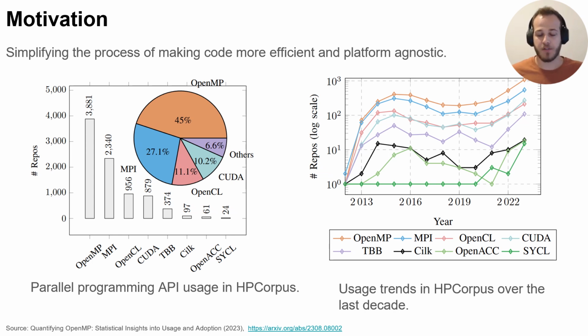So this paper starts where a lot of the work in our lab starts, and it's best shown in this paper from a few years ago, where we looked at all the parallel APIs we could find on GitHub. And you can see them here in the HPC corpus. And we see that there's a huge variety of different parallel APIs and a huge data imbalance between APIs like OpenMP that are pragma-based or directive-based parallelization and APIs that are language-based, like CUDA, for example. And there's also some that are vendor-locked, like CUDA and HIP, that's somewhere here in the other. And all these different APIs are slowly growing in popularity as time goes on.